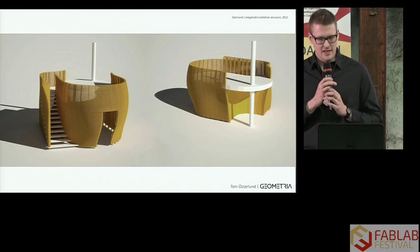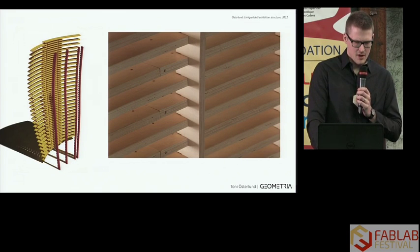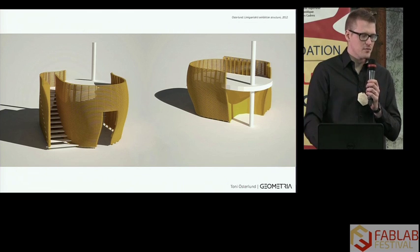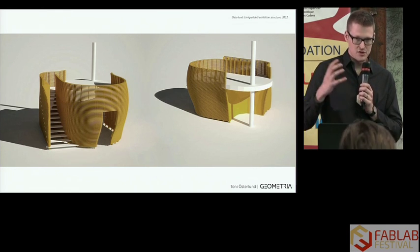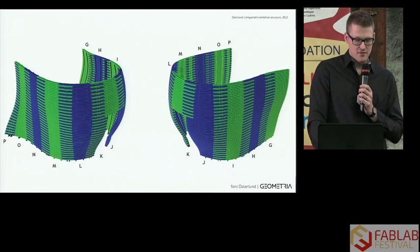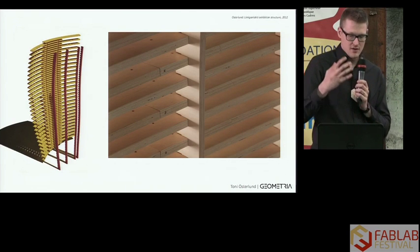Here is an exhibition structure for Liminality Nature Center, commissioned by a friend of mine who did the exhibition itself. It's a sliced plywood structure, reminiscent of a breast of a bird. The theme of the exhibition was birds of the season, birds of that area. And we developed a method for creating that kind of structure, and then created the joint,